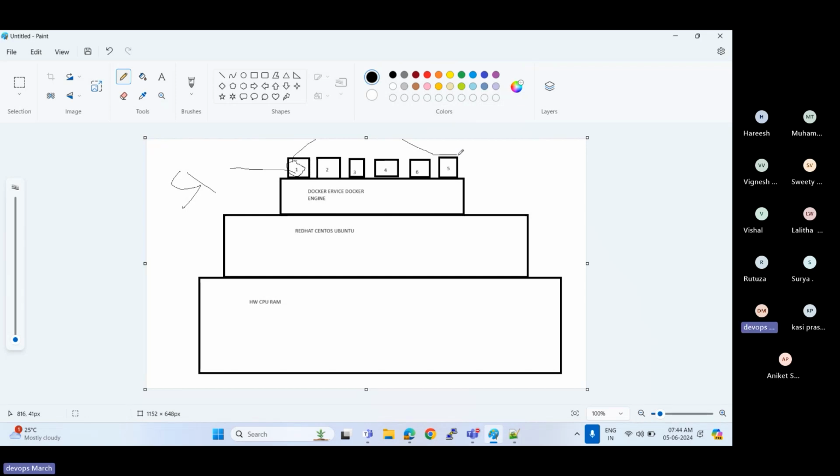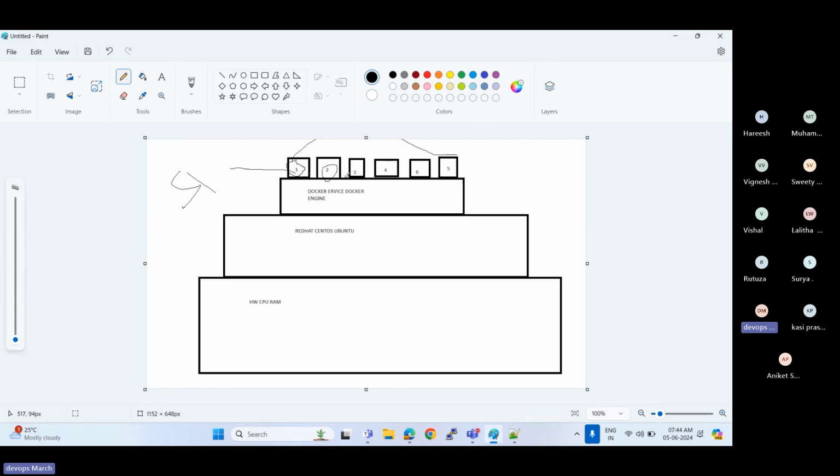For example, if one of the applications has more traffic, you can simply deploy your application within 1 minute. Your application will be up and running under another name. So performance is very high. It is a lightweight container.